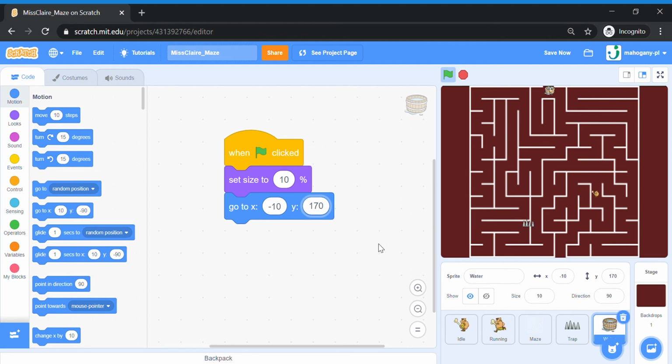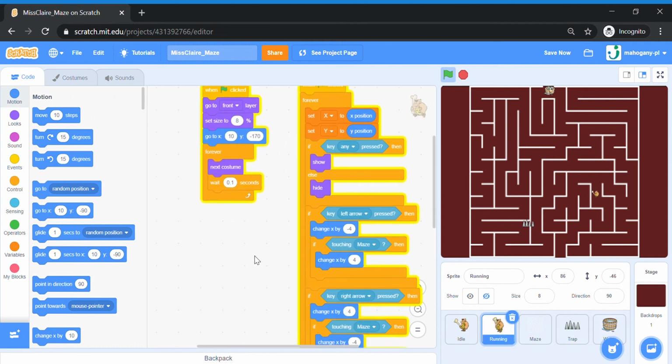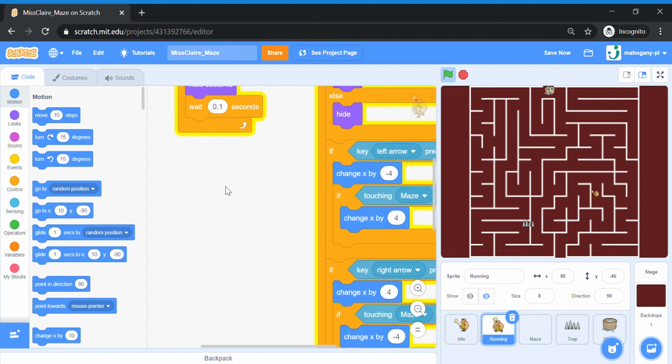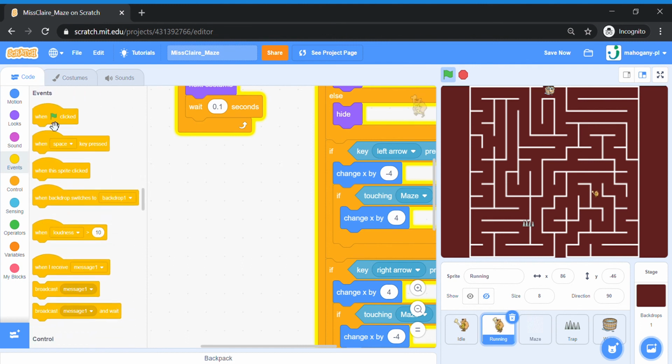Okay, now everyone, before we end today's coding, we're going to add just one more code to the running sprite. So click the running sprite. Okay, we're going to code for it to touch the water sprite and cheer. Okay, so that's when it reaches the end of the maze. So let's find an empty space to do this. Bring out your green flag. So when green flag click,